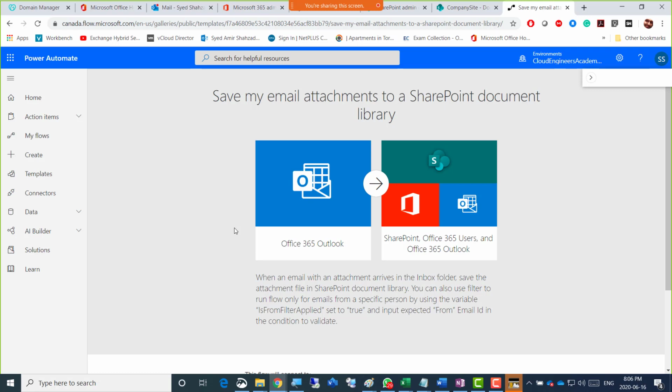Submit, and the email goes for approval directly, right? So the boss just has to click approve or disapprove. That's all. So guys, I want to save my email attachments to a SharePoint document library, so I want to automate this process. Otherwise, whenever email attachments come, I have to separately go to Outlook, check that email, download that attachment and then upload it in the document library. I just counted 4-5 steps there, right? But instead of that, I can automate that as well.